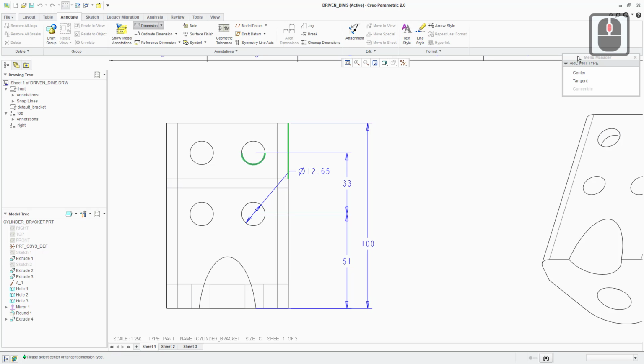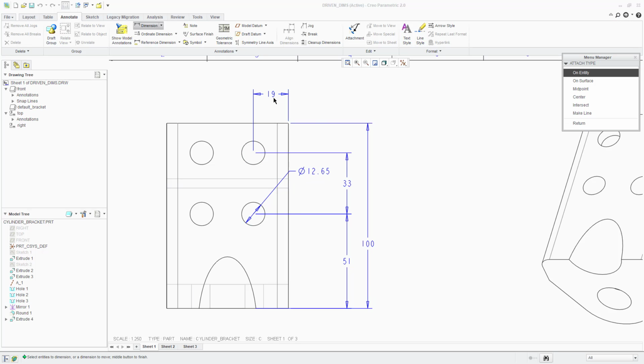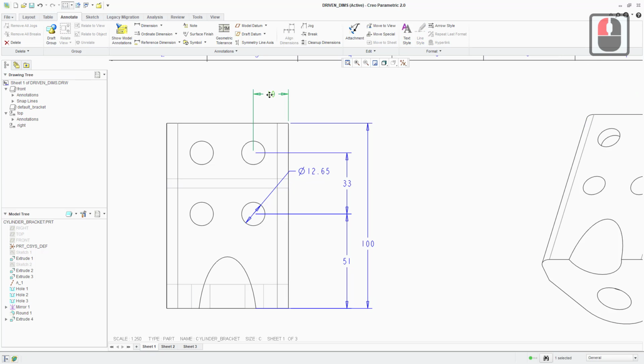and then one final input that it needs is it's saying, do you want me to create a dimension from this vertical edge to the edge of the hole, so we're tangent with the circle, that would be this option, or do you want me to measure to the center point of this circle? And we want it to the center point, which is how you normally locate holes to their center axis. And you can see that it's inserted the distance there. So if we just return, so we get out of that menu,